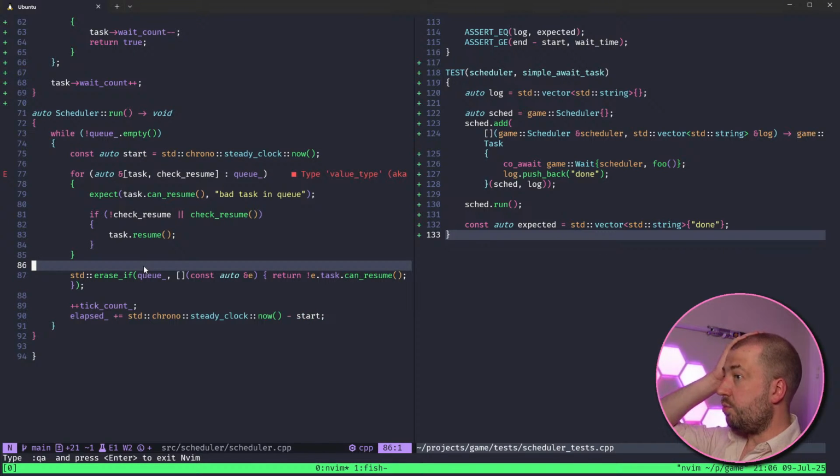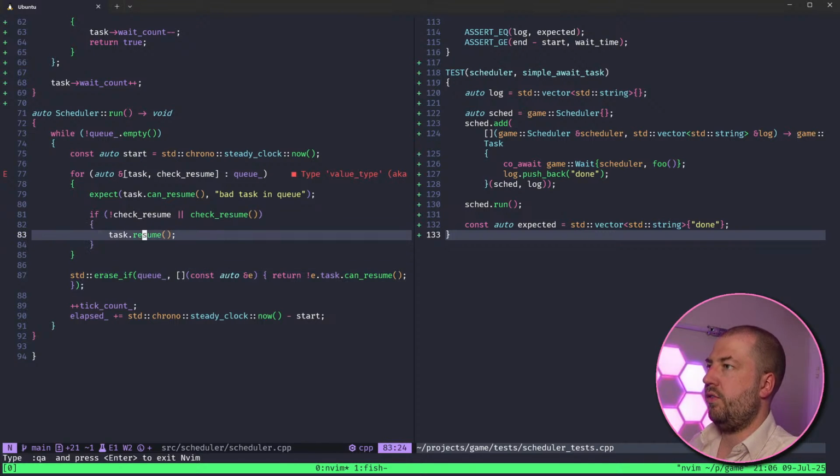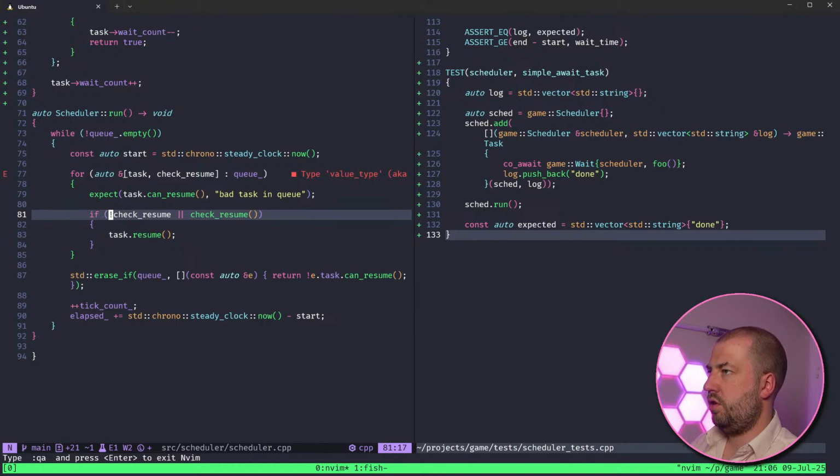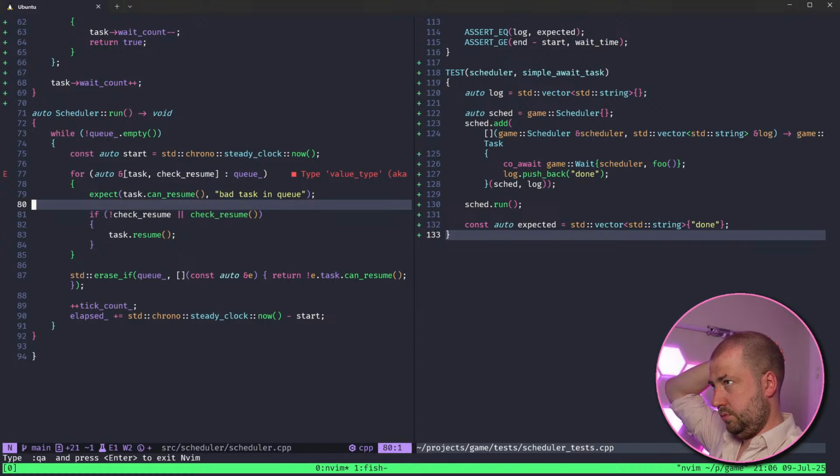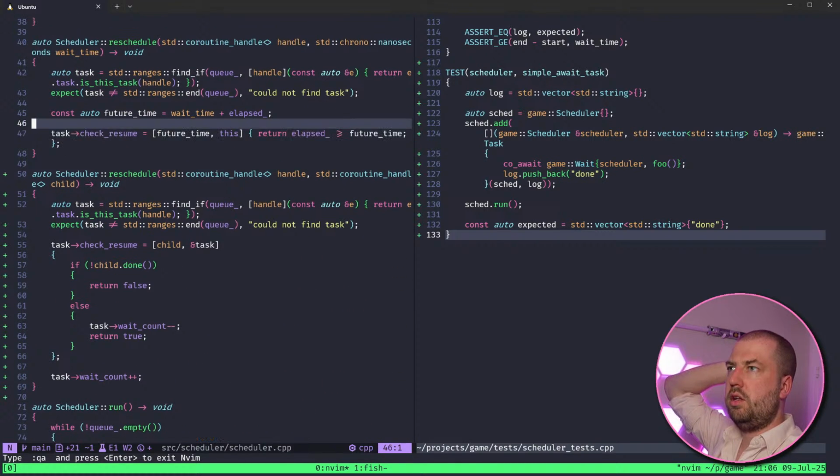I don't think it does, because I don't care if the child is gone, because I only care whether my wait count is zero. If not check resume, when do I need to always... No, wait a minute.